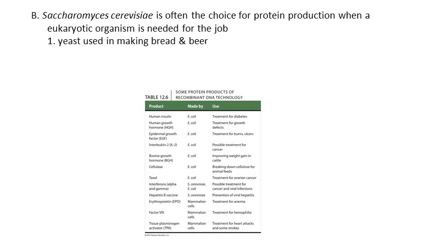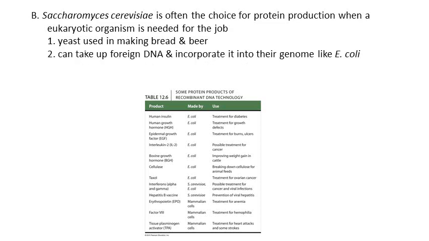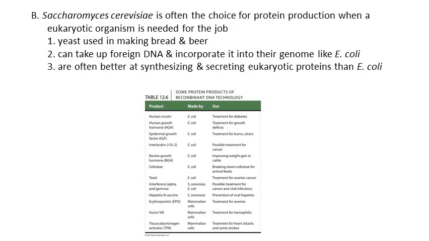Like I said before, it is a fungus. It's actually yeast. Saccharomyces is actually yeast that we use in making bread and beer, and it's pretty good at taking up foreign DNA and incorporating it into its genome, kind of like what we saw with E. coli on a previous slide. But oftentimes it's better at synthesizing and secreting eukaryotic proteins than E. coli, and there's a reason for it, because number one, Saccharomyces is a eukaryotic organism,